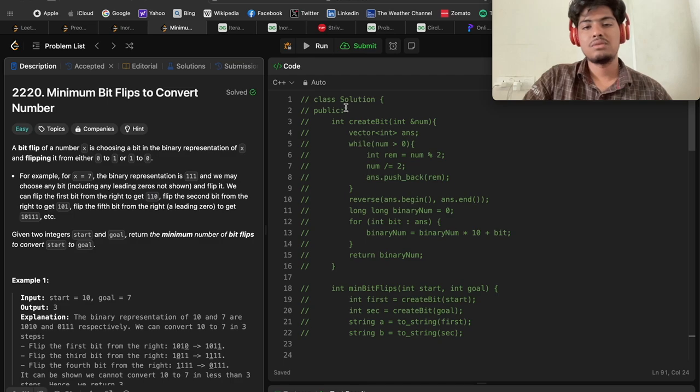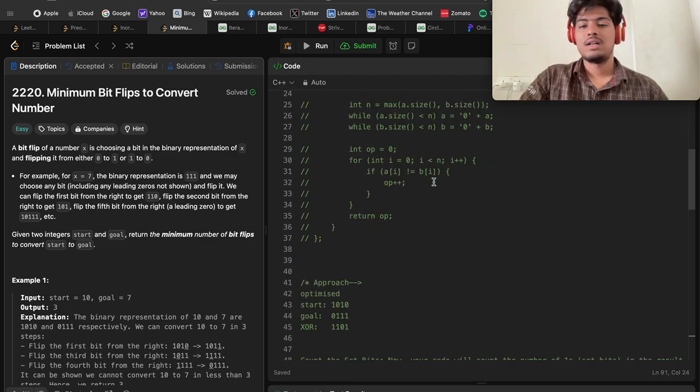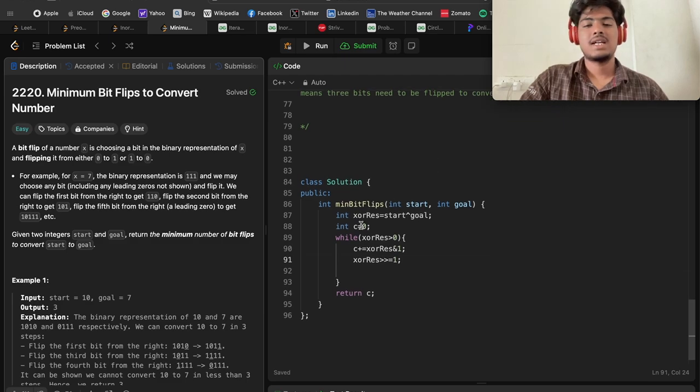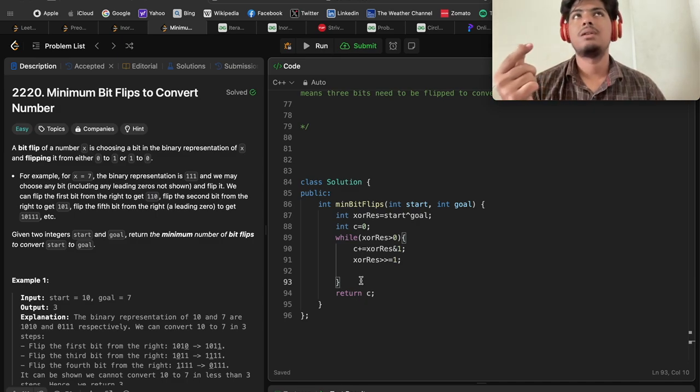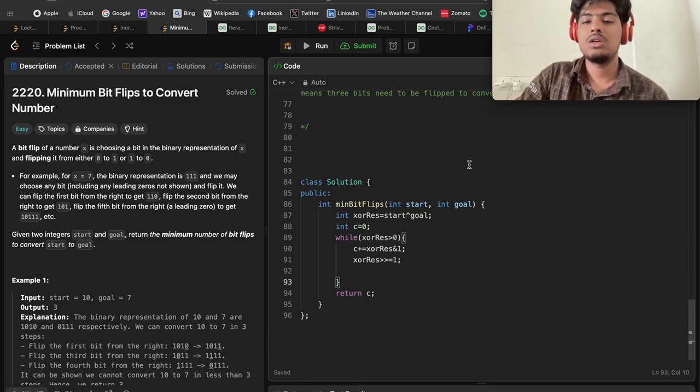In the previous approach, we were using extra space which is a vector. So here we are not using any extra space. We are just traversing the XOR result, which will be the maximum of start, goal. Whichever of these two has the maximum number of bits, the traversal will be equal to that. So this was the